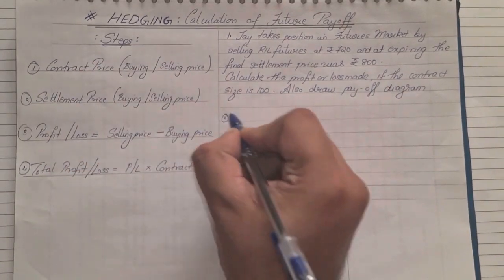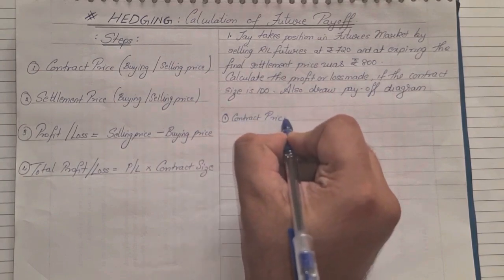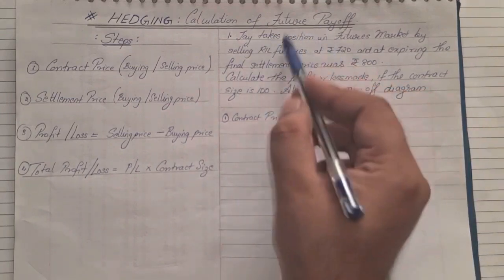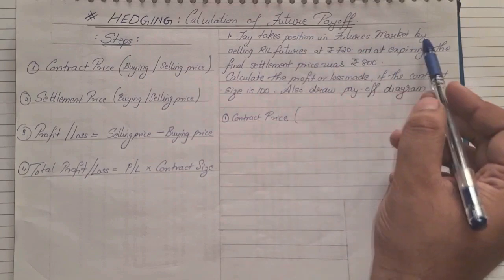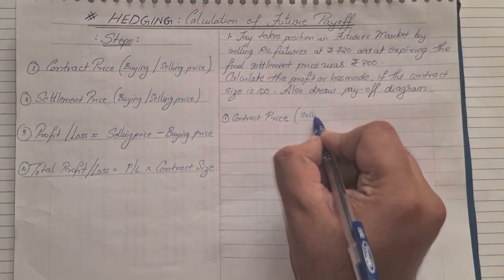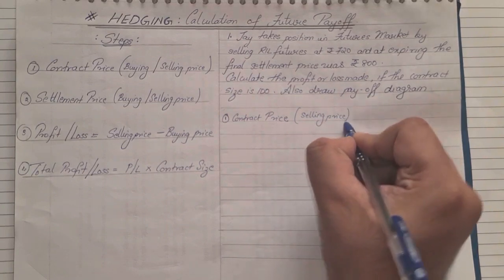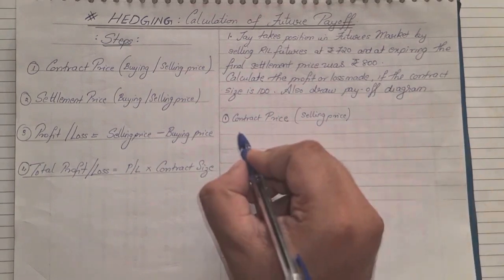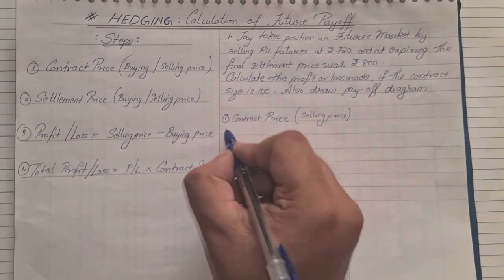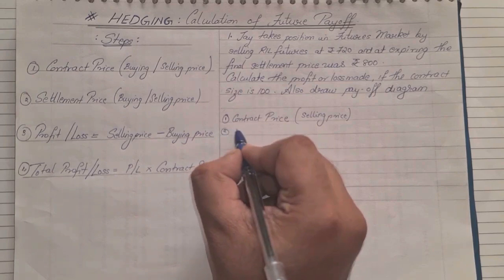Number 1, we will have to note down the contract price. Now check whether you are buying or selling. It's given here, he takes a position in future market by selling. So my contract price will be made out of selling. I'm selling right now, so contract price is nothing but my selling price. And if I sell right now, in future my settlement price will be based on buying. So step number 2,